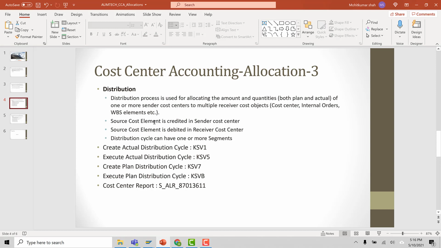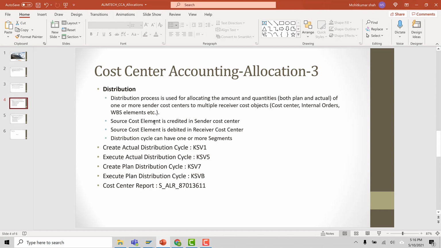In distribution, the source cost element, which is credited in the sender cost center, is the same cost element which is debited in the receiver cost center. But in assessment, you have the cost element in the sender cost center. The value or amount from that cost element moves to another cost element, which is called secondary cost element.